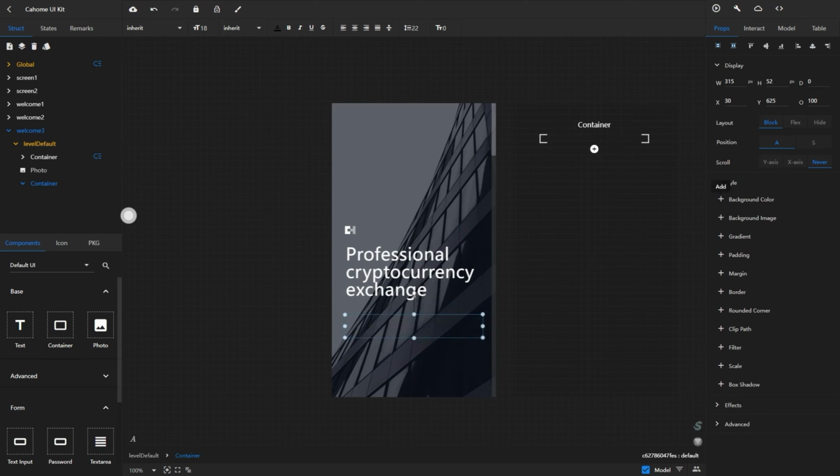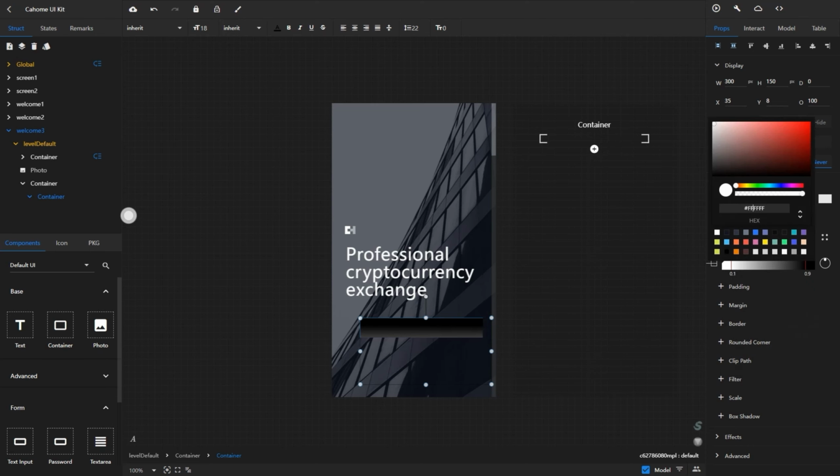Cancel the background color of the container. Into this container we insert a container. Modify the color of the container. Add a gradient. Select